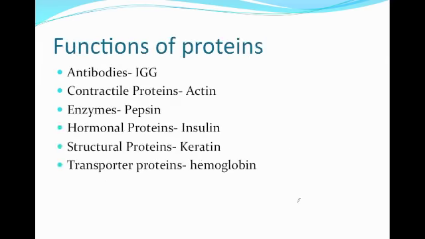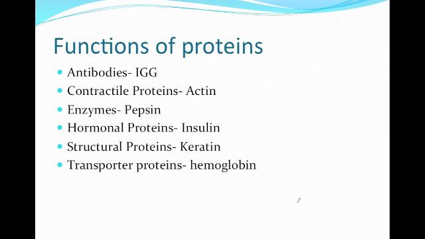So there are many functions of proteins. First of all, proteins are antibodies. An example of that is IgG. IgG makes up about 75 to 80% of all the antibodies in your system. An antibody is almost like a defense system of your body. Imagine your body being a country, for example, America. Your antibodies are your defense system. So if an antigen, which is like a foreign force, maybe the French army, comes and tries to attack your body, which is America, the antibodies, your defense system or your military, will come and try to kill it off.